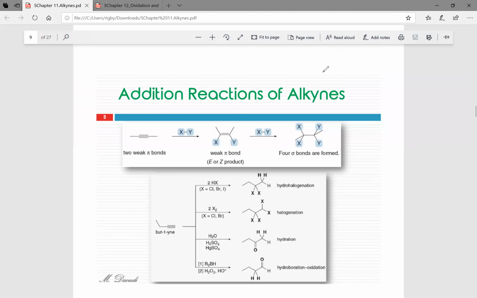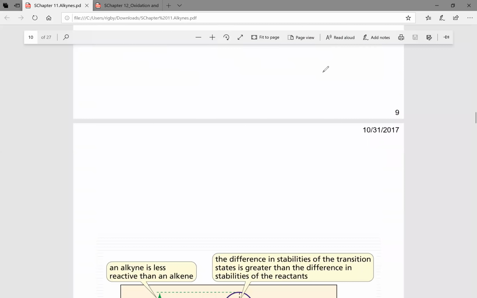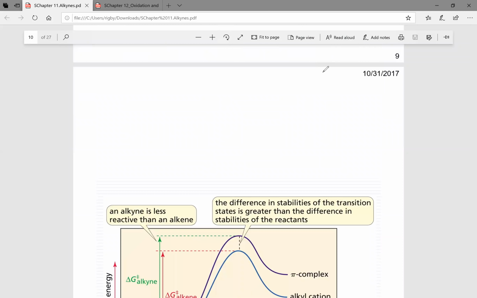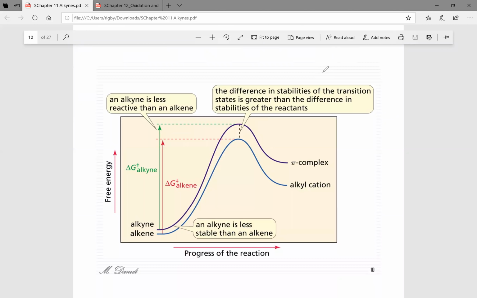Okay, and that's really important to note. These are called addition reactions because addition reactions are going from a pi bond to 2 sigma bonds, or we're going from 2 pi bonds to 4 sigma bonds. And I'll discuss more why it's important to understand that these are addition reactions in a little bit. I know it seems like I'm saying, oh, this will come back later, like a million times by now. But I just want you to understand, if you do have any questions, I will be coming back to them, okay? Okay, and so now this energy diagram sort of shows us the ways that the alkyne and the